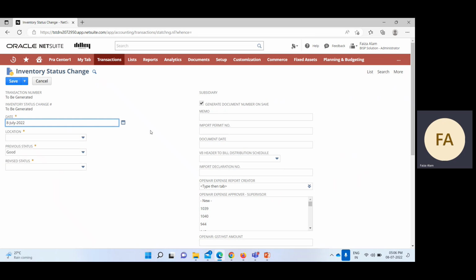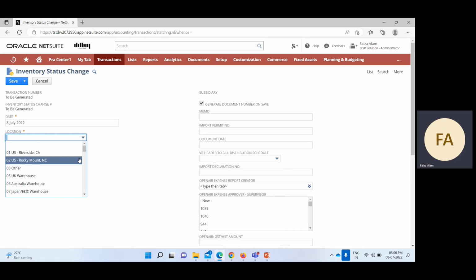So this is the inventory status change form. We can take today's date or it can be any other date also. So here you can see that by default, the previous status that is selected is good. Now if I go into the location,